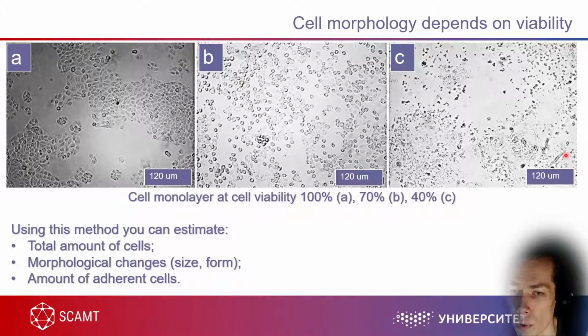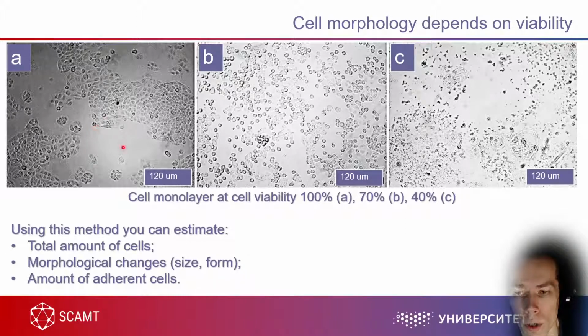When we are talking about morphology, there are a lot of cell morphology types, as we mentioned in the previous lecture. They can be fibroblast-like, epithelial-like, and so on, but most of the cells have spindle-like shapes, with a very wide center, thin ends, and so on. And when a cell biologist, or someone who has been working with cells for quite a long time, looks at cells, it's already obvious what the cell viability is, at least. Well, maybe plus or minus some percent, but